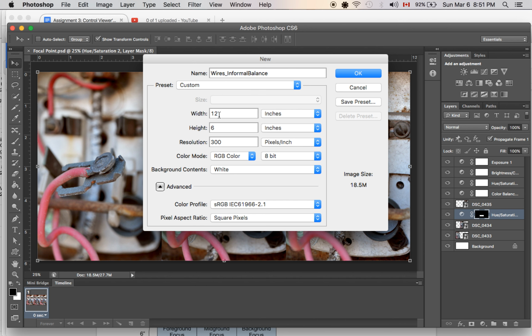Okay, and now you're just gonna change the width and the height of this document. So width, because this is a portrait photograph, I'm going to use width of 12 and the height of 6. Okay, and you can change the format of it by clicking on this side here. Pixels, inches, centimeters, you'll be picking inches. All right,